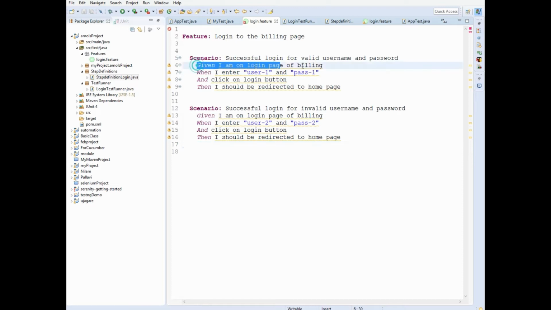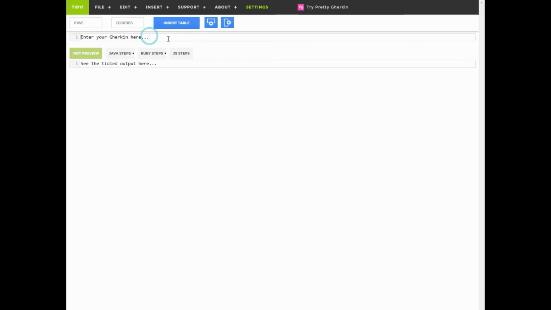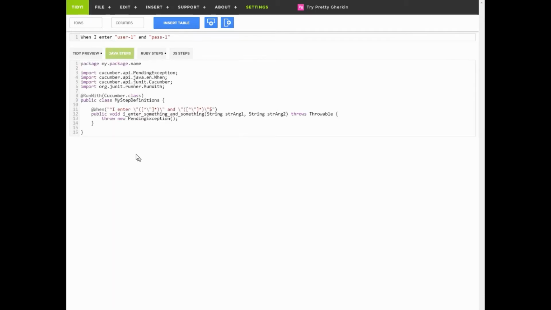So we have the step definition for this, but we don't have step definition for this. We will generate this using the Gherkin Java steps. So see, this kind of step definition is here, and here you can observe there are two arguments, string 1 and string 2, right?